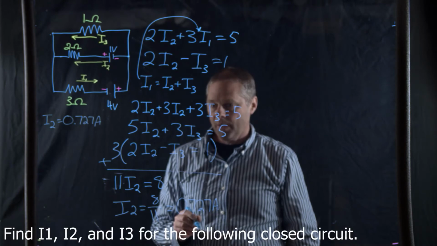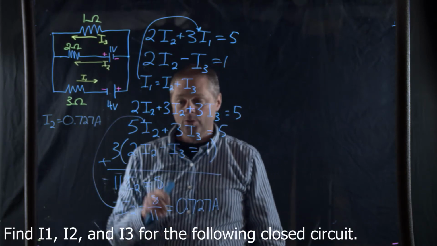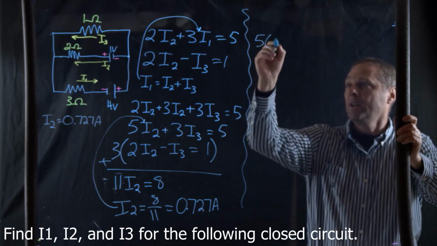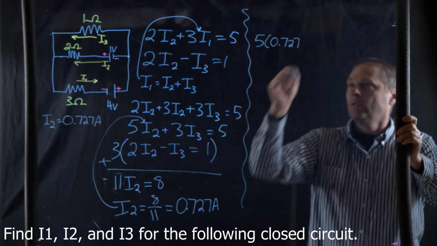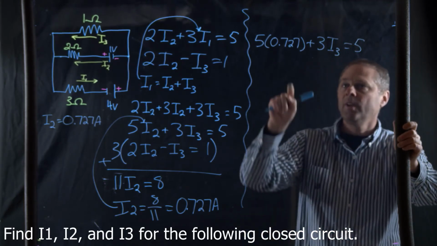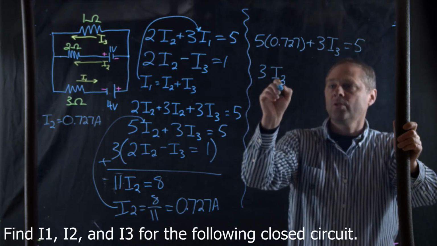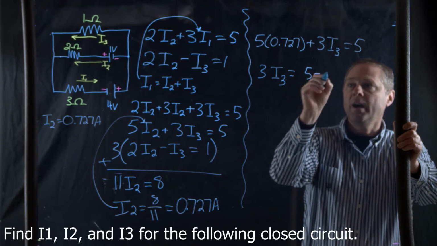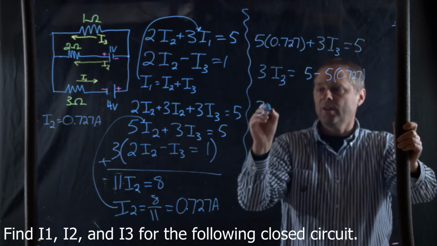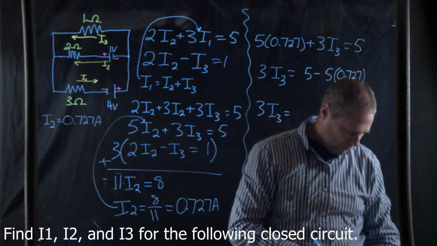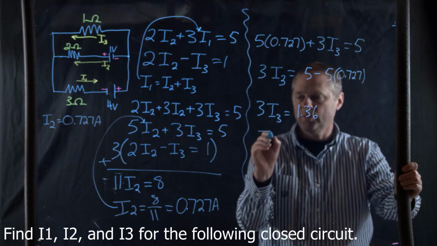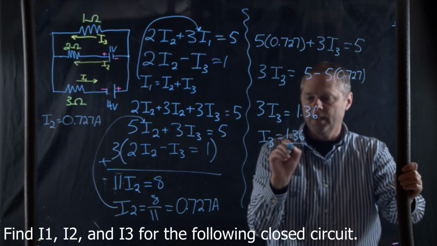Okay. Now, what am I going to do next? Well, I could substitute this into I2 and solve for I3. So we now have 5 times 0.727 plus 3I3 is equal to 5. If I solve this for 3I3, it's equal to 5 minus 5 times 0.727. All I've done is I've brought this over to that side, such that I have now 3I3 is equal to, I believe it's 1.36. So now my I3 is equal to 1.36 divided by 3, which is equal to